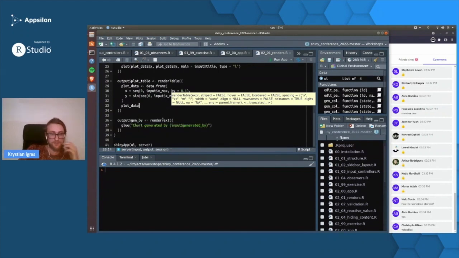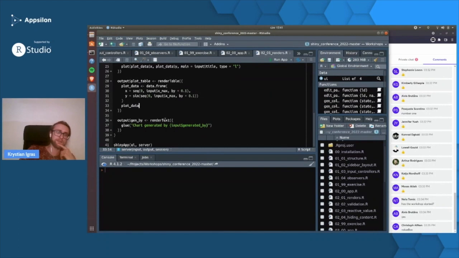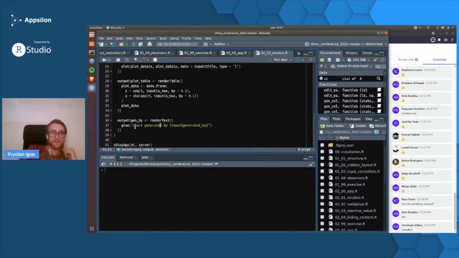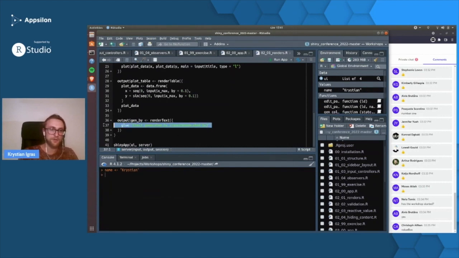And for the last part, when we output the dynamic text, we use the renderText function. Of course, the same workflow. We generate the output element named gen_by, because this is the ID of the text output. And here we use the glue function that is used for text interpolation. So, for example, if we have the variable name Krystian, and we call this block of code, but in the curly brackets we place the name of the variable, this variable will be evaluated